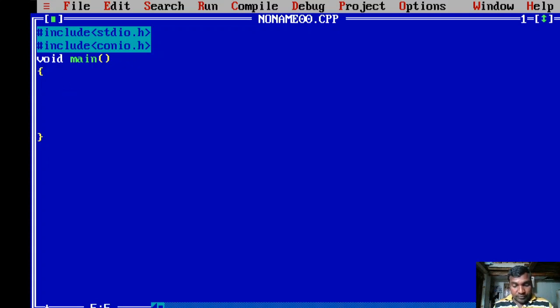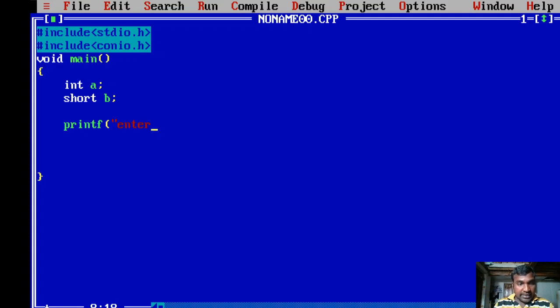I am declaring a variable a, and also one more variable b. Now I am trying to read the values for variables a and b.